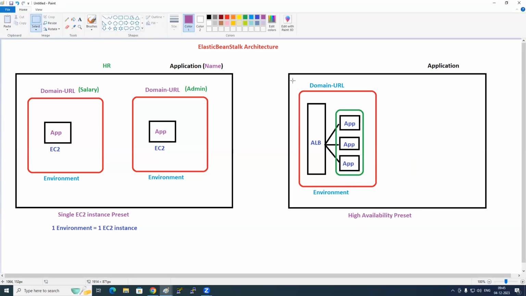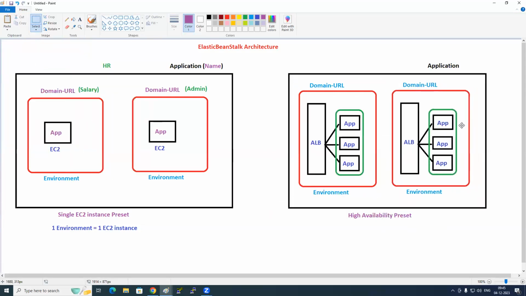Can you have multiple environments like this? Yes, I can have multiple environments. Clear? Okay, is it clear? Online, is this clear till here? Offline, clear everyone? Okay. So now,